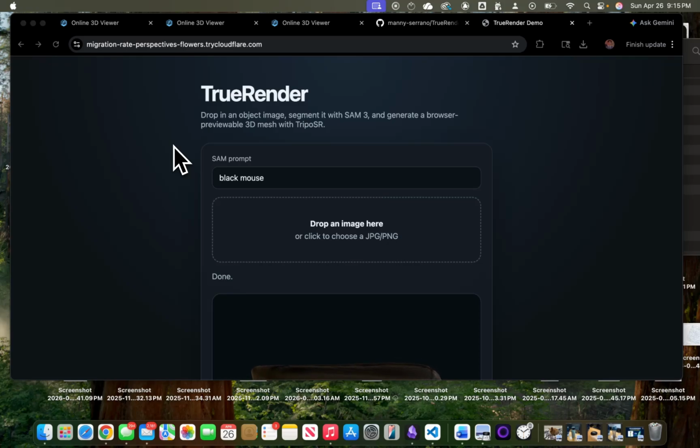The project is hosted on Google Colab, and essentially a user uploads an object image, enters a text prompt that describes the image, and this text prompt is used by the SAM 3D model, which is a segmentation model, and it segments the object in the image, crops it, and uses that as an input to the TripoSR, which is an image to 3D mesh transformer, and this outputs a downloadable OBJ GLB file that you can use for 3D object